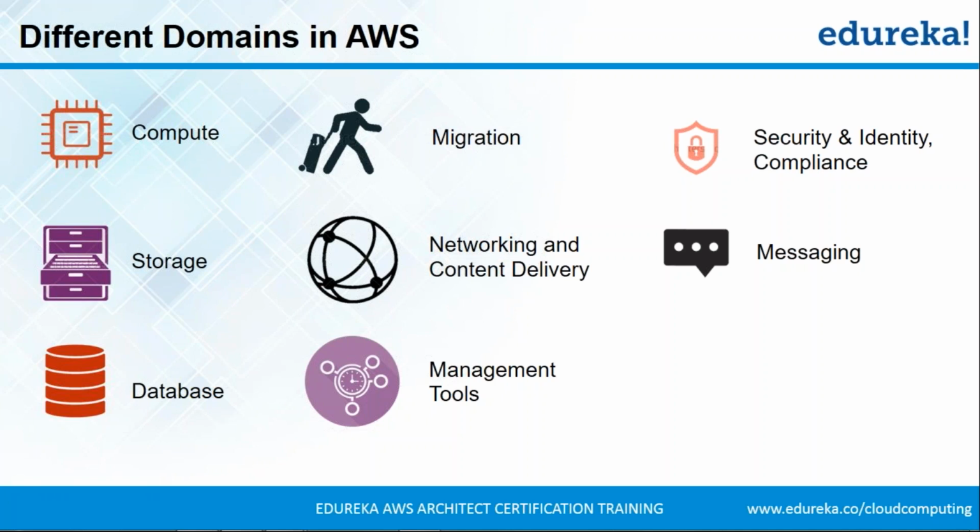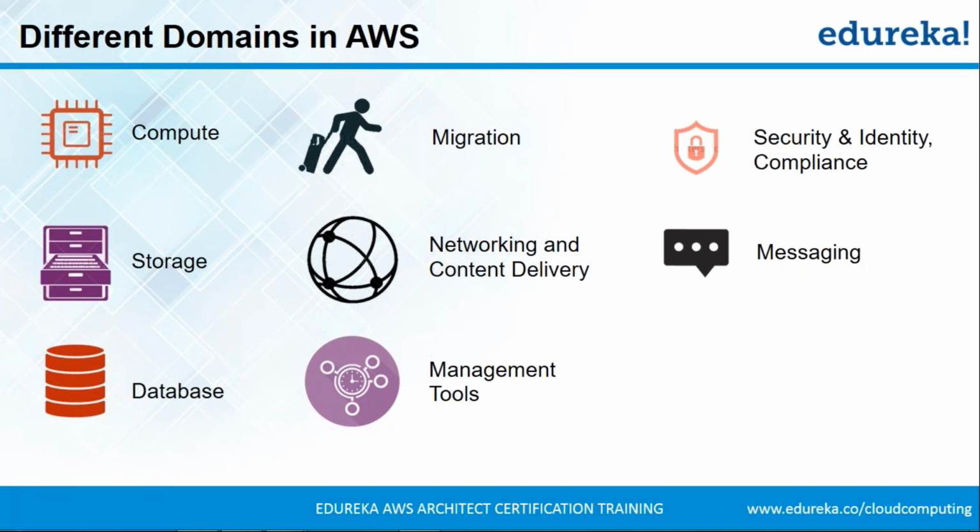Right. Next up, we have the migration domain. The migration domain basically helps you in migrating your data from your own data center to the AWS infrastructure. Now there's a service in the migration domain which is called Snowball. Snowball helps you transfer your data from your own data center to the AWS infrastructure when you have a large amount of data. So suppose your data center is at a scale of petabytes, right? It doesn't make sense for you to transfer this much amount of data on the internet, right? Because it will eat up your bandwidth. So that is where Snowball comes in and that is where you will use Snowball.